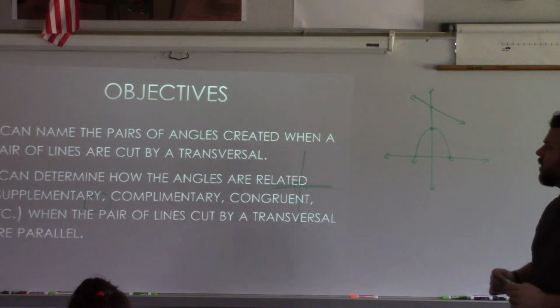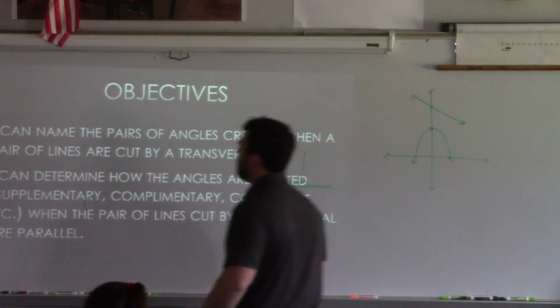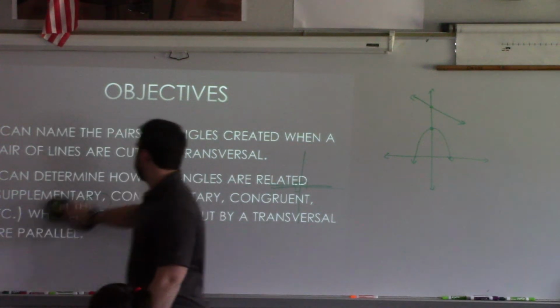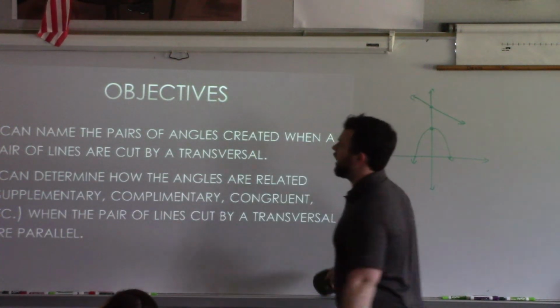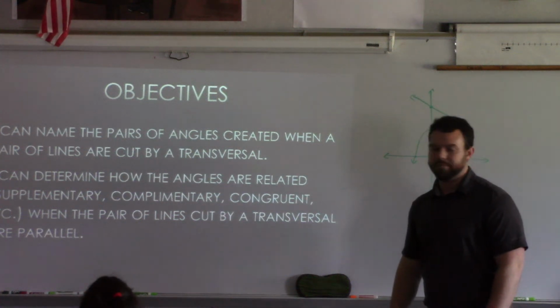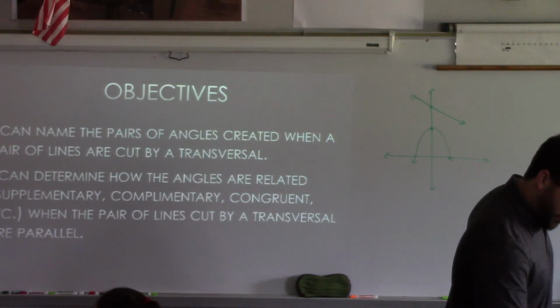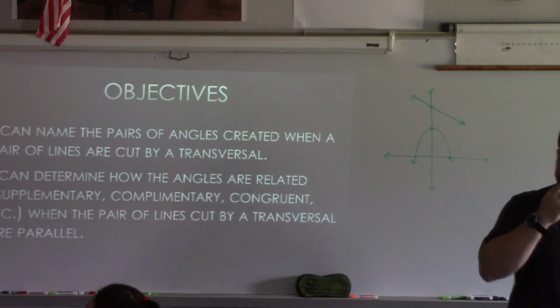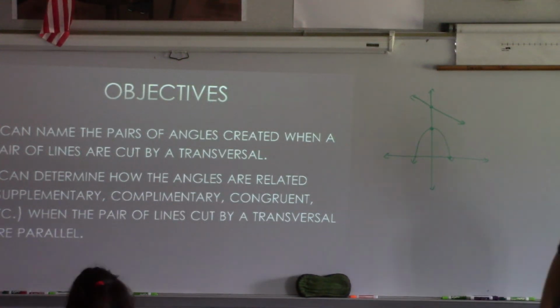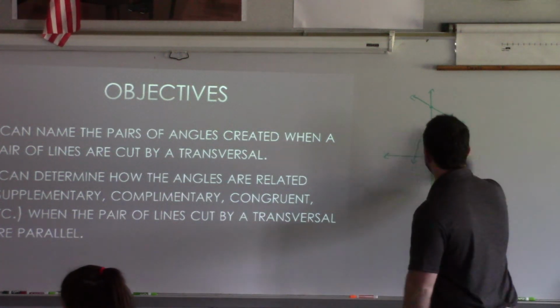So, here are our objectives. First things first, you have to be able to name the pairs of angles that are created when a pair of lines are cut by a transversal. I believe the term transversal is on here. Which page? The orange paper, big ideas. I'm not going to give you everything,